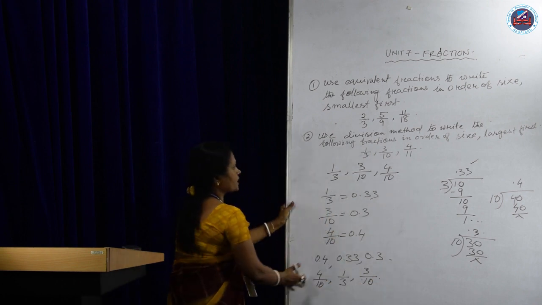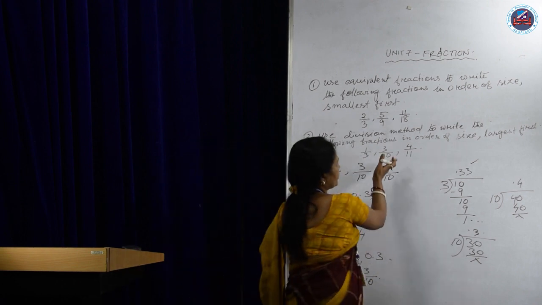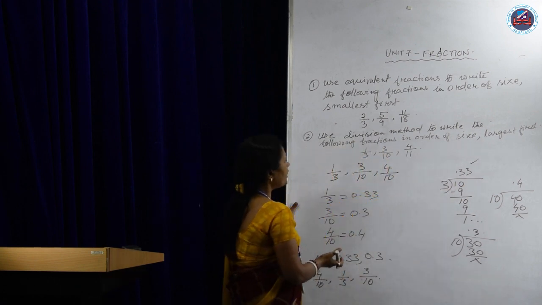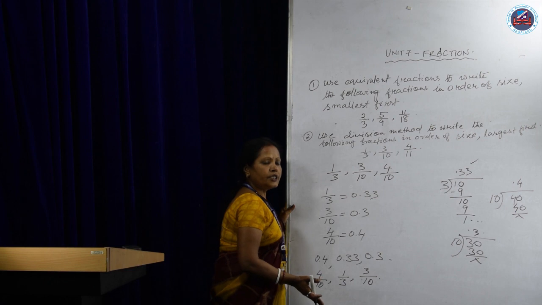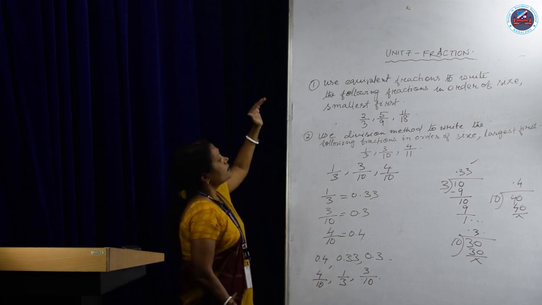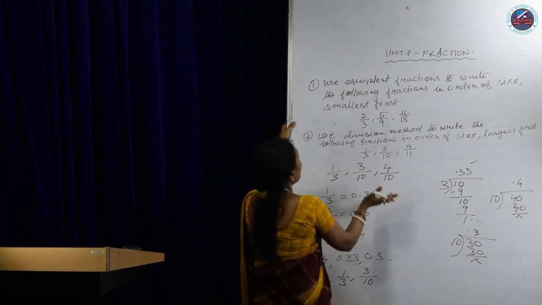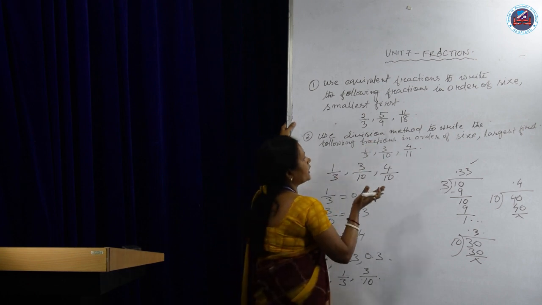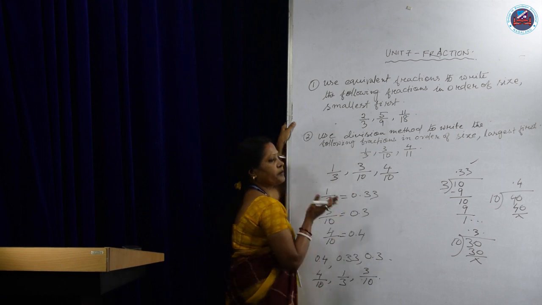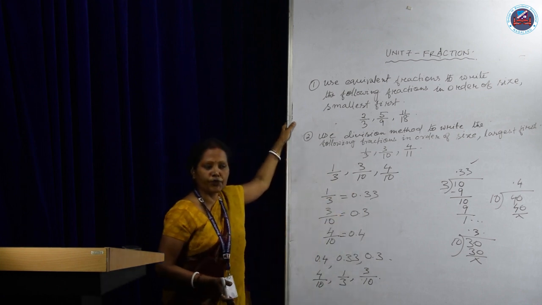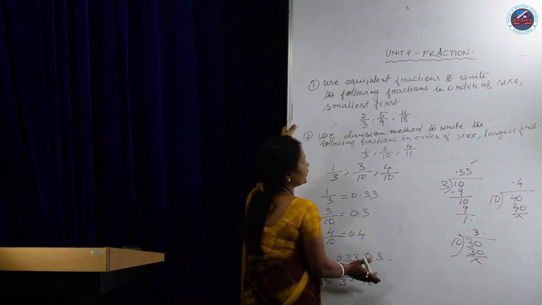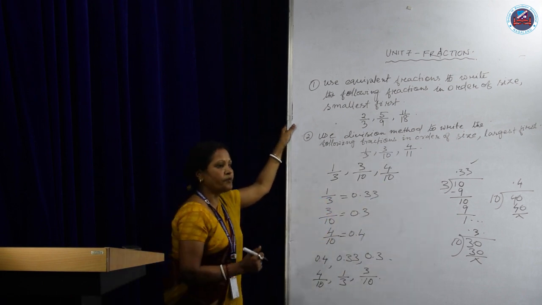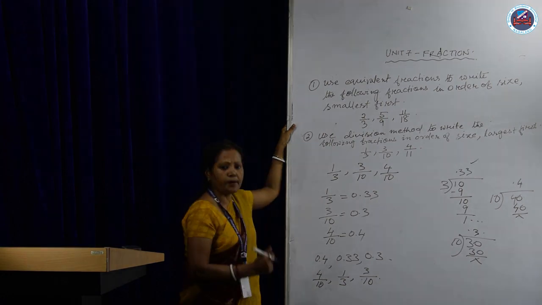So this is how you can arrange the fractions from small to big or big to small, that means ascending and descending order, by using the method of division. So in this chapter I have taught you how to arrange the decimals in ascending order and descending order by using two different methods. Hope it is clear to you. If you have understood, you can apply the same method in exercise 7.3 and solve the sums.